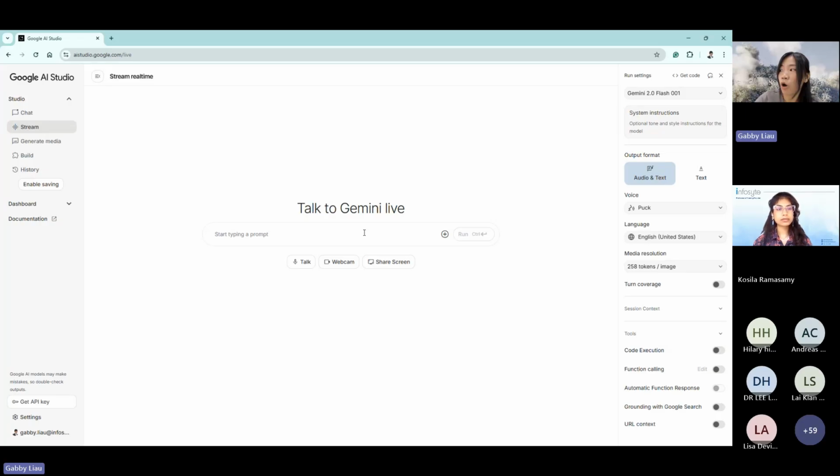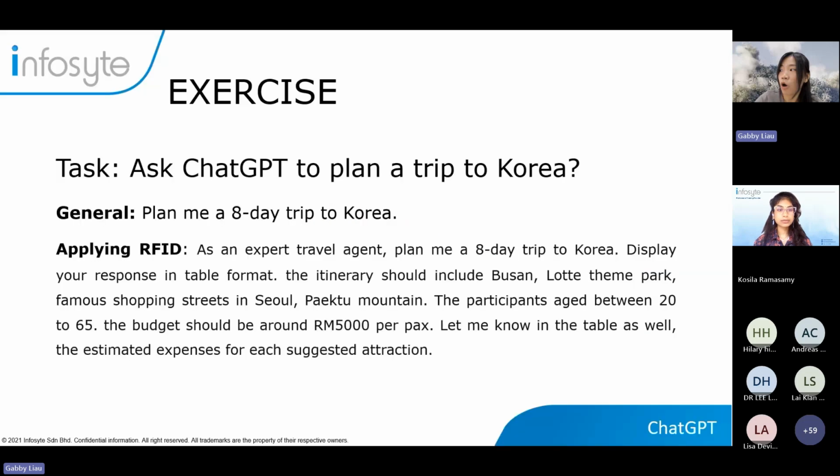So you don't have to upload, you don't have to give too much description. Just show Gemini on the screen what you want to ask about. Then it will just respond based on that. So I will say, if you ask me about another LLM that I find useful, I will say Google AI Studio is quite good, very convenient.